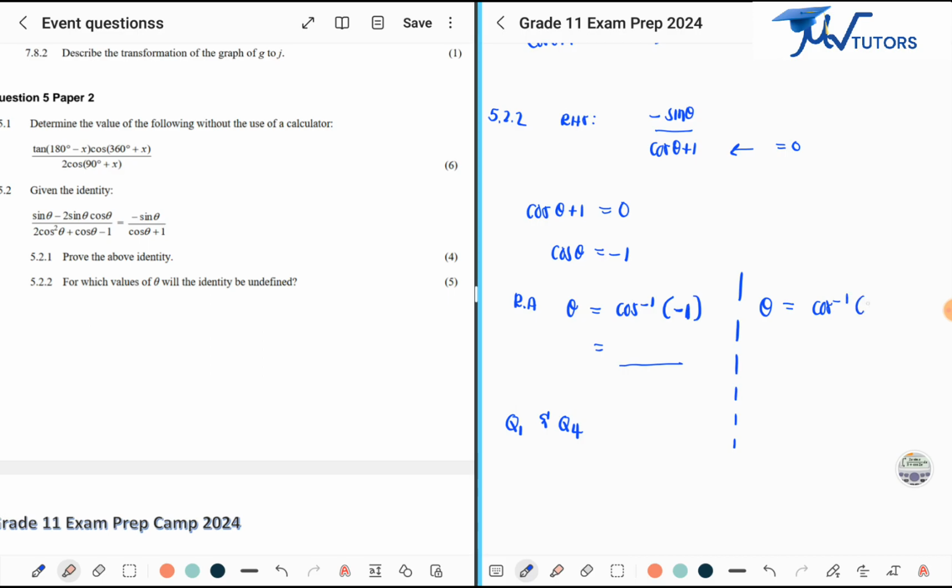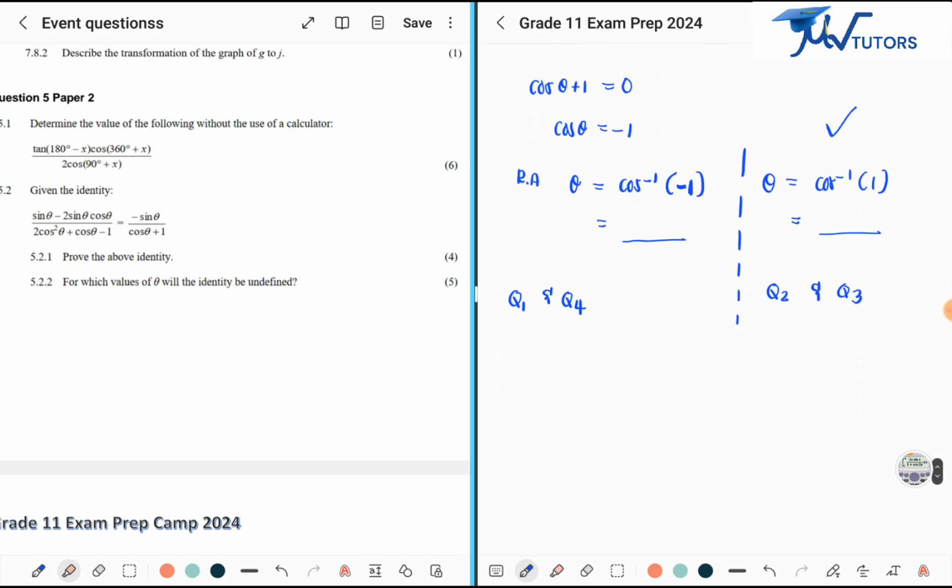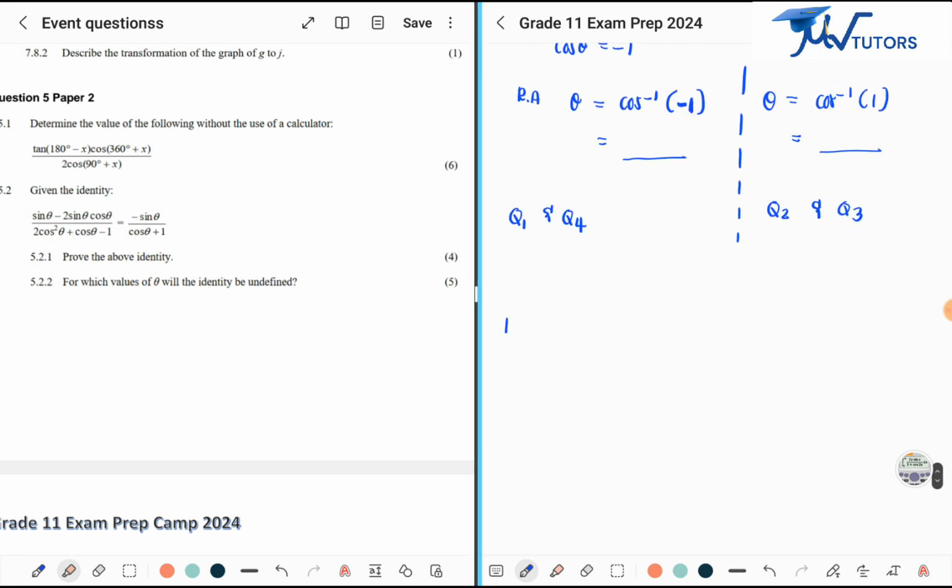The second way of doing it is when you get the angle, you only take the positive of this answer, which is 1. And then this negative, you ask yourself, so you're going to get your reference angle. You ask yourself, where is cos negative? That's how you then factor in the negative. And cos is negative in quadrant 2 and quadrant 3. I don't know which way you prefer, but most of my students prefer this way. So I'll use that. Okay, so in order for us to get the reference angle, I will then say theta is equal to